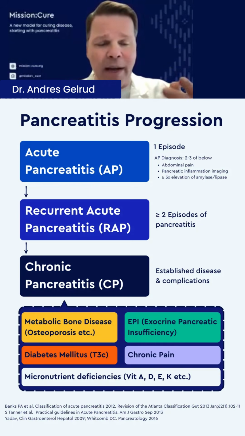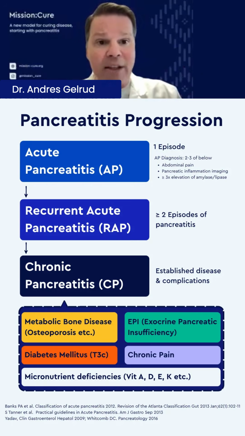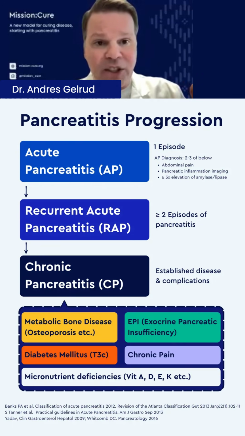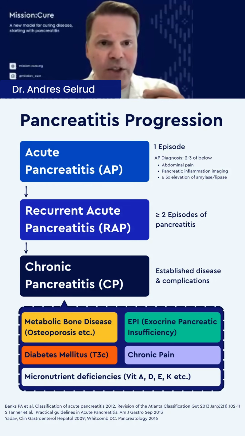It doesn't happen all the time. It's usually 1 of every 3 patients that may develop chronic pancreatitis, but chronic pancreatitis means that the organ is sick, they have a severe fibrosis, and these patients may develop chronic pain, they can develop diabetes, they develop exocrine insufficiency because they're not making enough insulin, they're not making enough enzymes. What happens if you don't make enough enzymes? Patients develop malnutrition, they develop vitamin deficiency, among others vitamin D, and that's why some of these patients develop